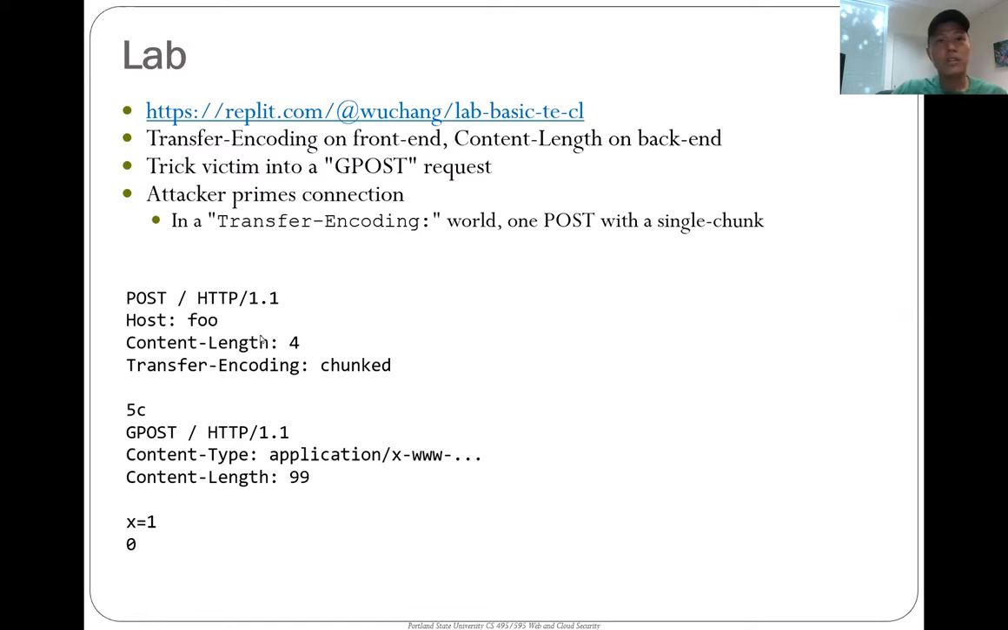Because if you look at this, there's this transfer encoding chunked. So if you ignore content length, and this is what the front end is going to do, transfer encoding chunked, the first chunk has length 5C. And this is actually going to get you all the way to the x is equal to 1. And then the next chunk is a null chunk. And so this is actually a single request to the TE front end,